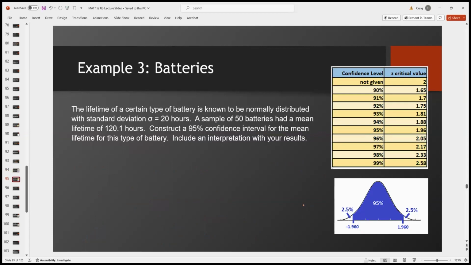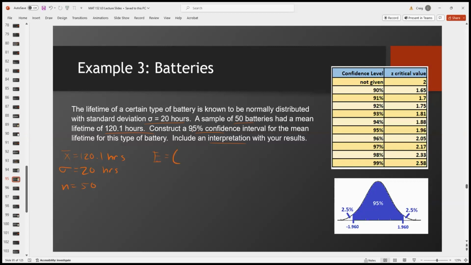The lifetime of a certain type of battery is going to be normally distributed with a standard deviation of 20 hours. We have a sample of 50 batteries with a mean lifetime of 120.1 hours. And we want to construct a 95% confidence interval, okay, and then write an interpretation. And so again, we have a mean of 120.1 hours, standard deviation of 20 hours, and a sample size of 50. We want to find the margin of error,